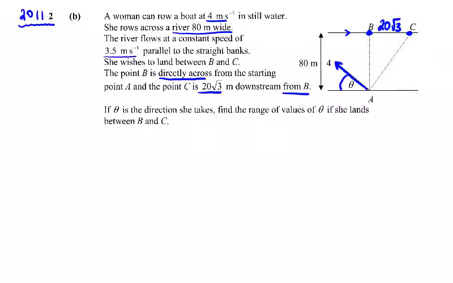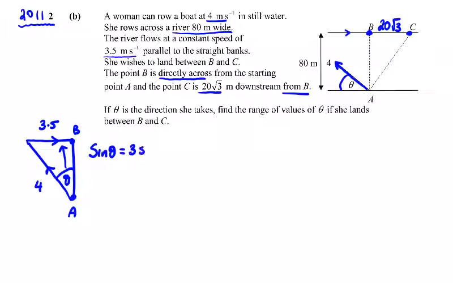So when we start here, we can start with the shortest distance, B, A, and we have her, the woman, rowing at 4 meters per second in this direction, the river flowing in this direction, so she'll end up with B, the river at 3.5, and the woman at 4. So we can get this angle in here with the velocities. We have opposite and hypotenuse, so we're going to use sine of theta is equal to 3.5 over 4. So the inverse sine of 3.5 over 4 is equal to